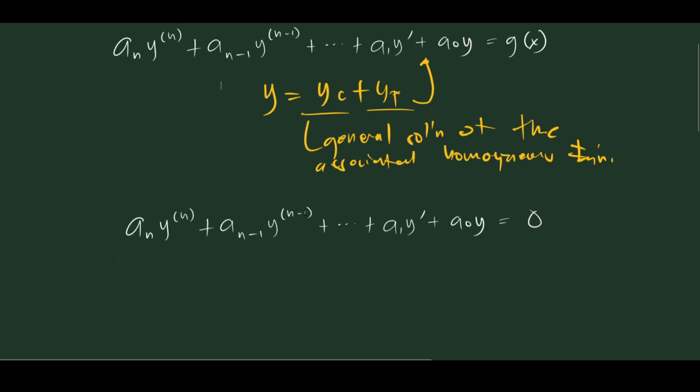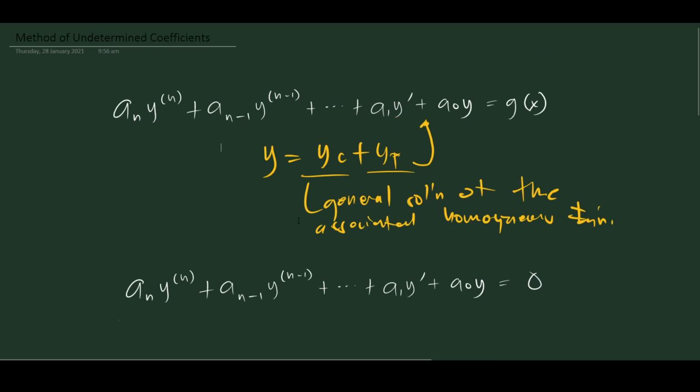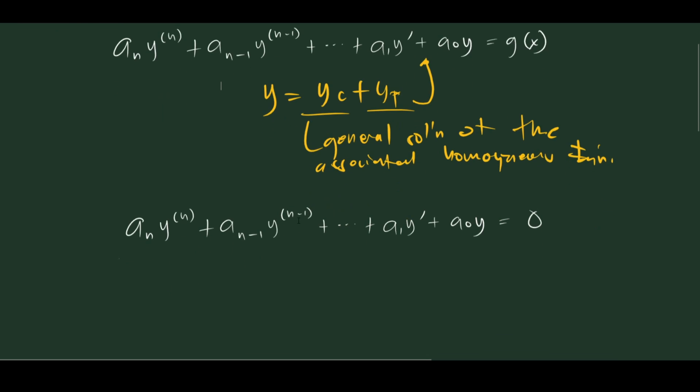Let us now go to the limitations of the method of undetermined coefficients. Of course, the first limitation is that our coefficients have to be constant, right? So a_n, a_{n-1}, all the way to a_0 have to be all constants. And the second one is that g of x has to be a finite sum or a product of any of the following